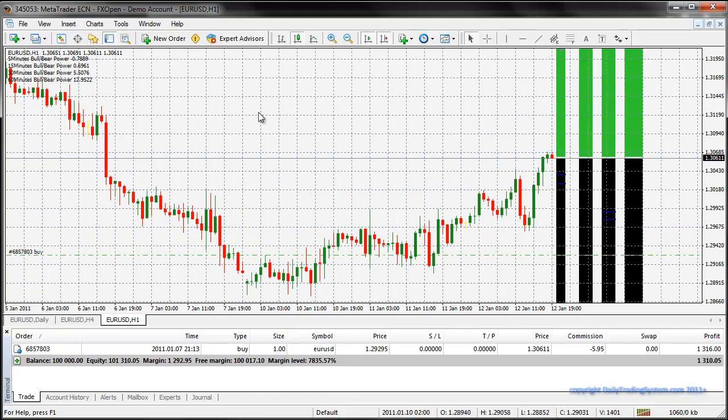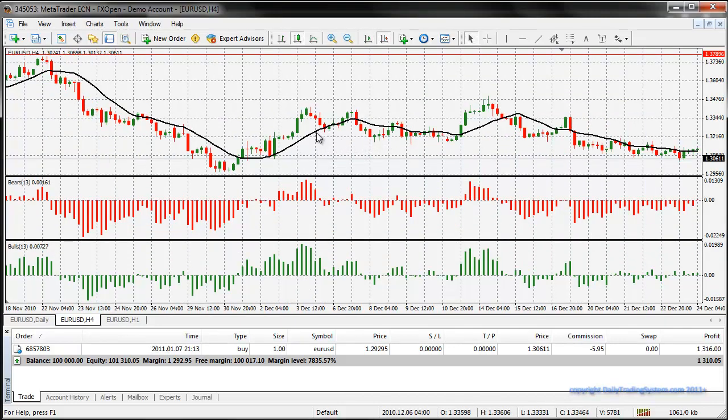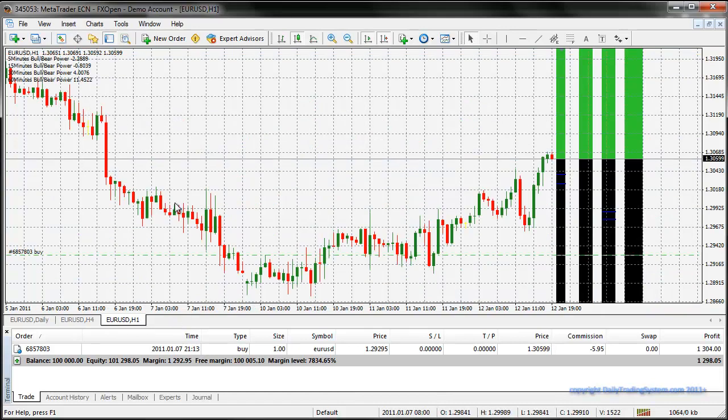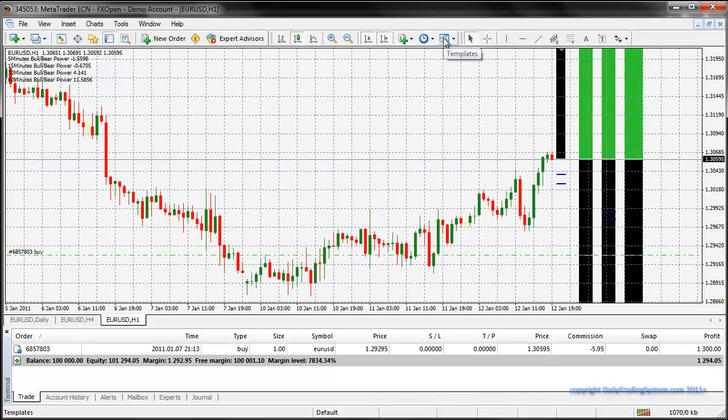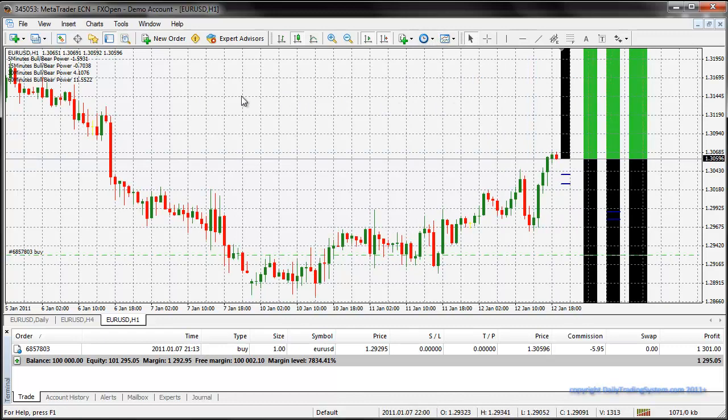This indicator is basically telling us when to go long and when to go short based on this moving average, based on these bears and based on these bulls. So someone out there has made an indicator, but it doesn't have a visual alert. Now this indicator, it doesn't matter what time frame you put it on. We're not really acting off the 5 minute or the 10 or 15 minute or what have you. What we're doing is we're going to just leave it on the 1 hour time frame,